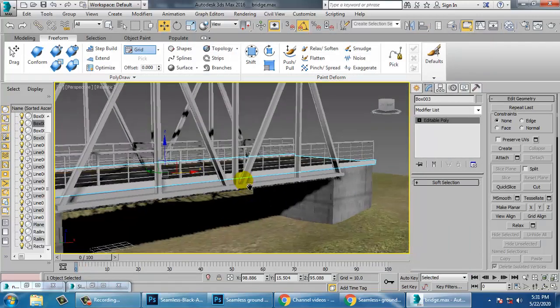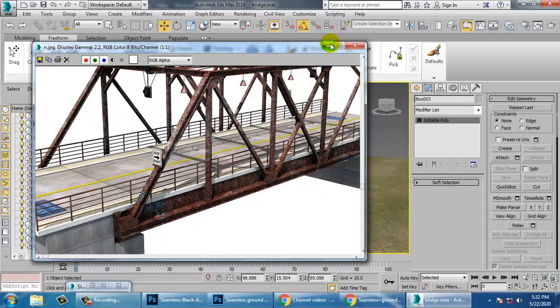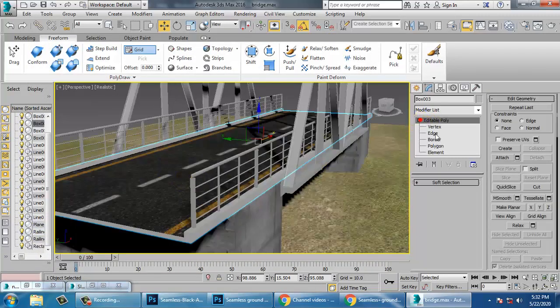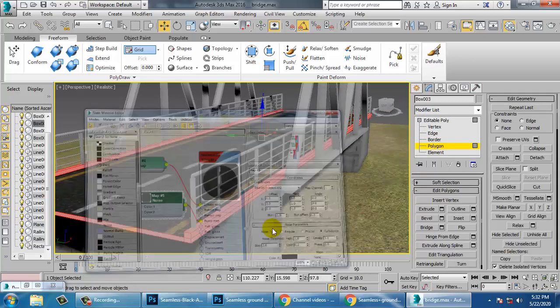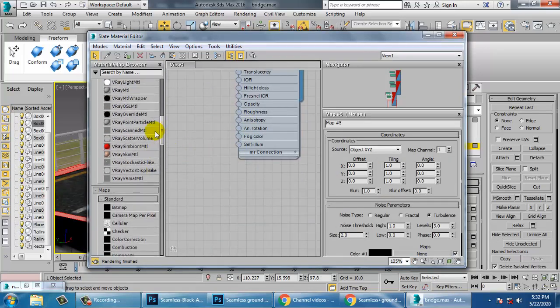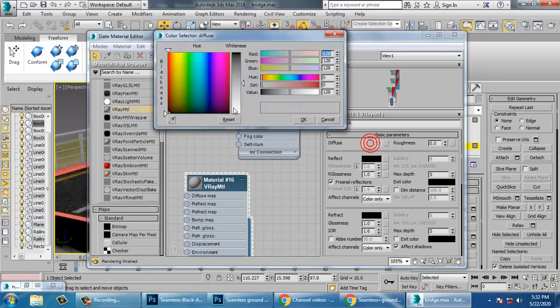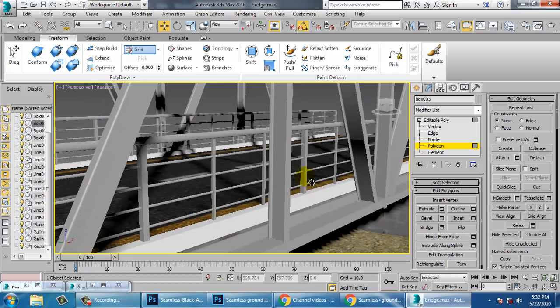That's it. Once you're done with this, the next thing we need to do over here is let's assign a bit of color for this. After you have assigned this, press Ctrl I, that's inverse, go into material and let's again take a V-Ray material over here and let's assign a white color to it. Just assign a white color. If you want to give some kind of roughness, you can give that, not a problem.